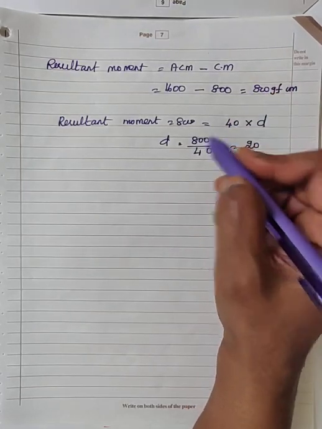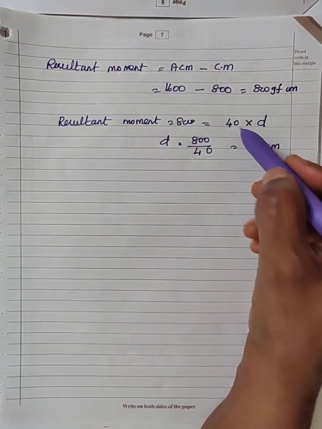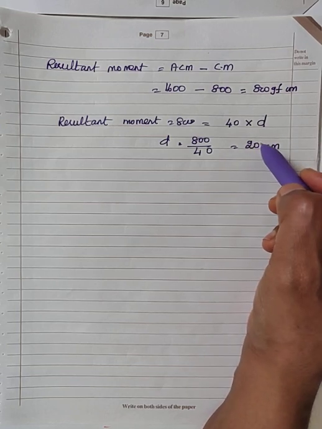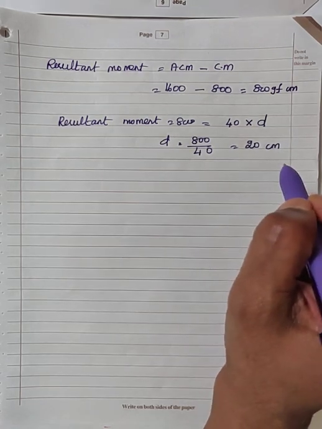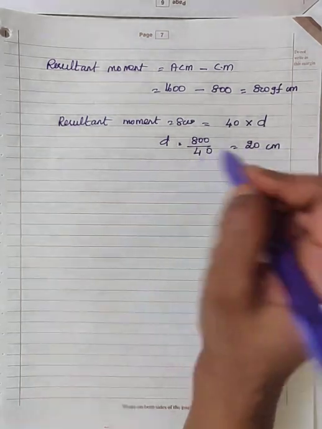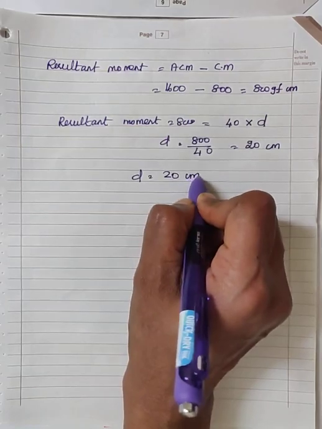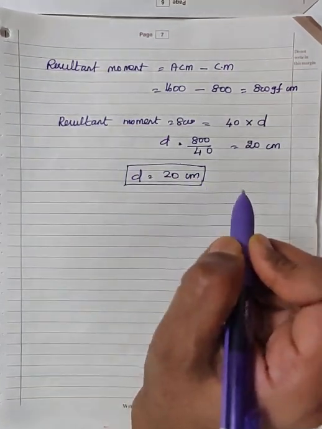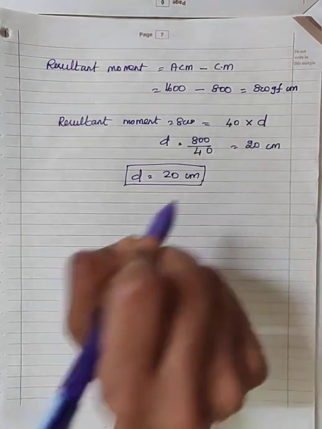As we are substituting the distance in centimeter, this also will be in centimeter. So the 40 gram force should be suspended at a distance of 20 centimeter from the pivoted point. In the diagram, 20 centimeter from the pivoted point will lie at the 70 centimeter mark. So you have to write the answer clearly: the 40 gram force should be suspended at a perpendicular distance of 20 centimeter from the pivoted point on the right side, that is at the 70 centimeter mark.